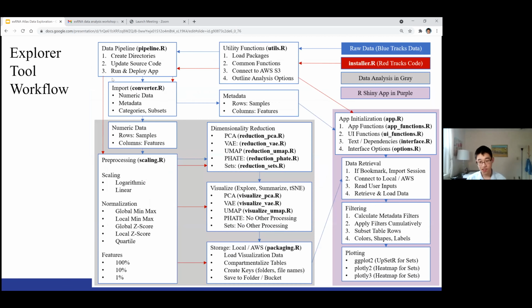This is the overall workflow of the tool. So this workflow is not just to create the visualization, it's actually to create an app that creates the visualization. So the app itself is in this light purple lavender color. You don't need to understand all the details of this workflow, but I just want to give you an understanding